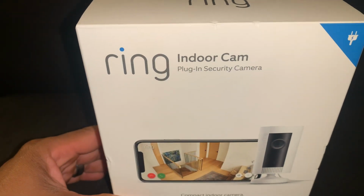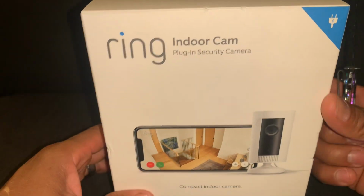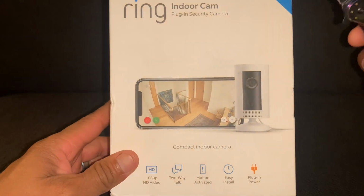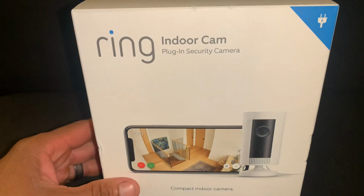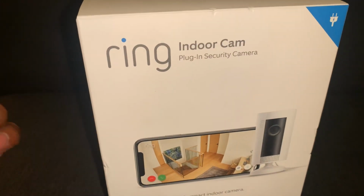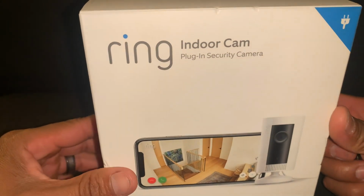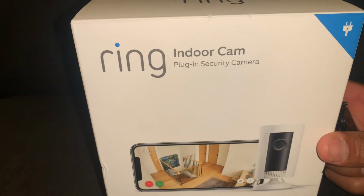or $30 a year? So just to let you know, a lot of people buy Ring just because they heard a lot of good stuff about it, but they don't do a lot of research and they don't know about the subscription that you have to be paying to be able to see recorded footage on the cloud,